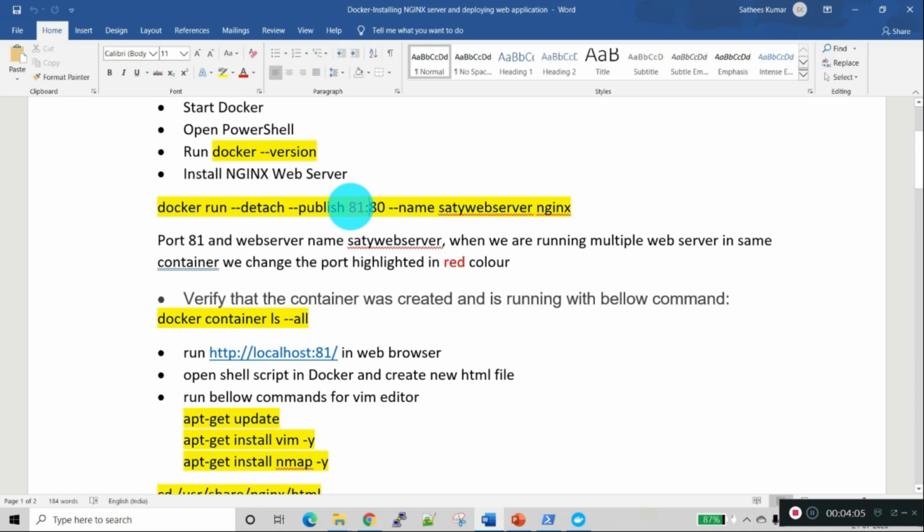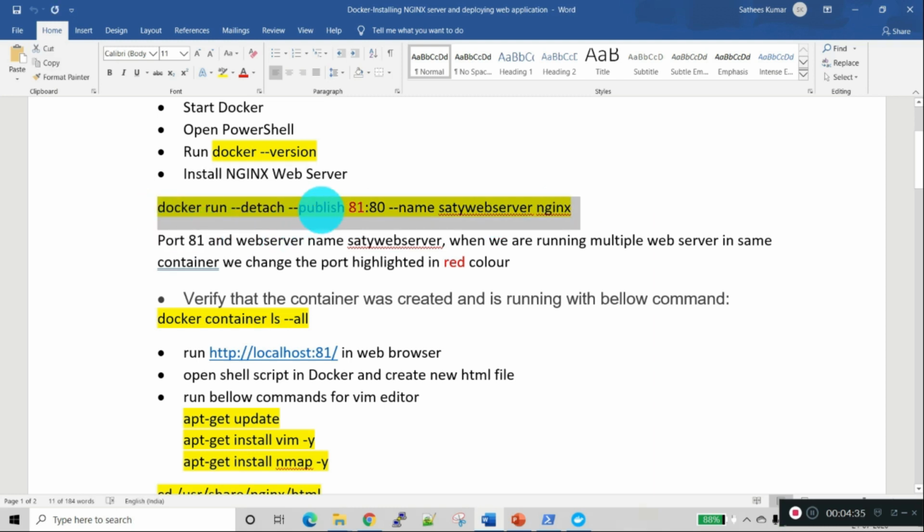This is the port mapping. Suppose you are using some other web server or application server on port 80, we can change this to port 81 or 82. Any other port number we prefer, we can change the port number, which is highlighted in red color. And --name, this is the SATI web server, the web server name I am using, and I am installing the Nginx web server.